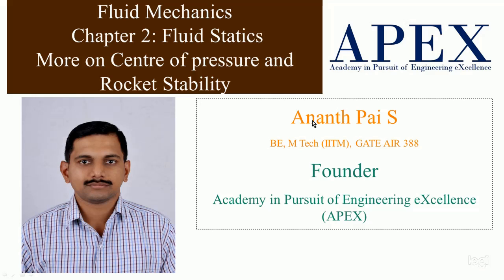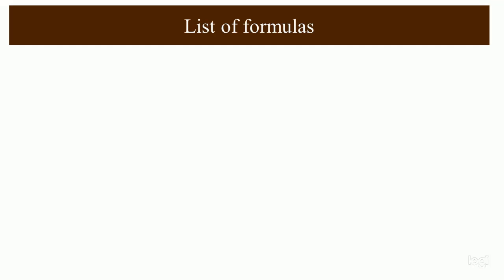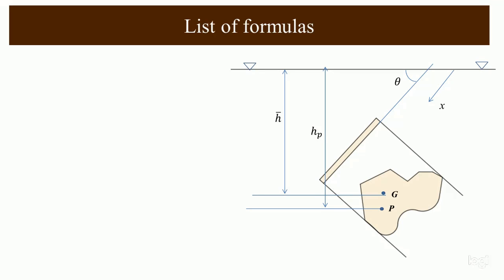Today we will continue our series on fluid mechanics, in that chapter 2, and in that we will talk more on center of pressure, and we will relate center of pressure and center of gravity with the stability of a rocket. Okay, so the list of formulas which we had done last time is delta P is equal to rho g h,